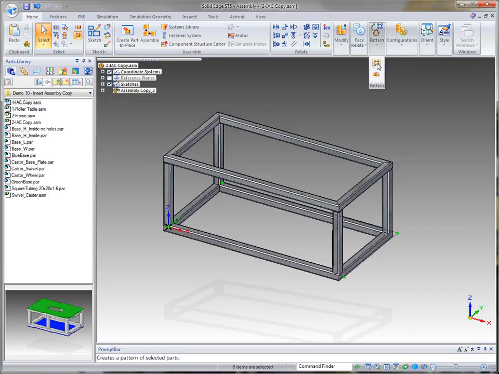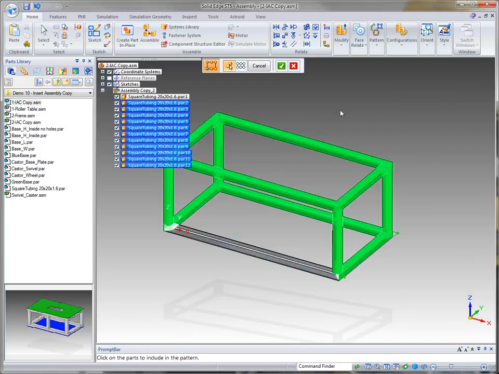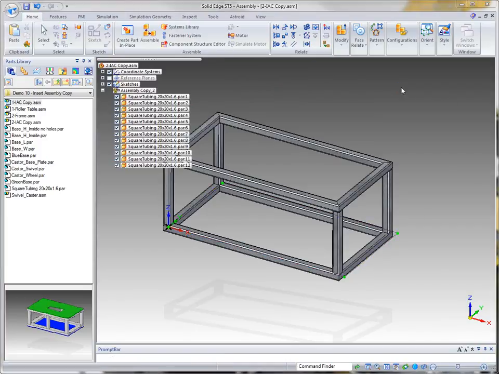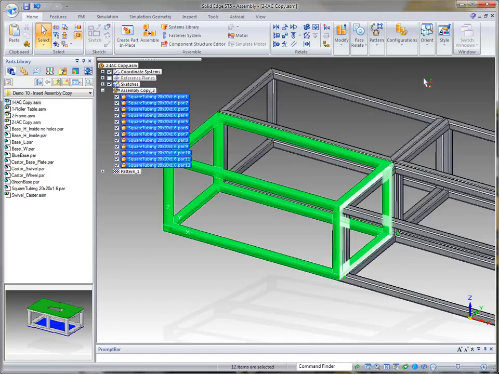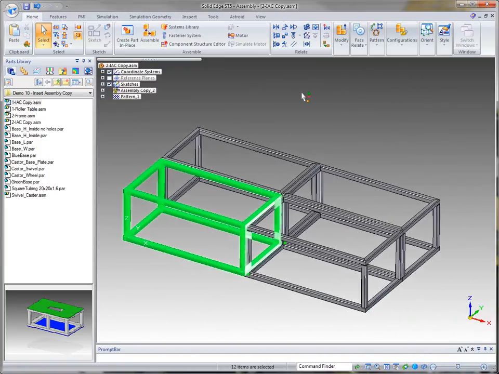So if I say, for example, I want to do an assembly pattern, and it says click on the parts. So I'm going to select all of these components. So I'm just going to pick them, and you notice it highlights all of them, and then I'm going to check that off, and then I'm going to select the pattern and accept it, and I can very quickly create a pattern of these assembly copies or of the original assembly